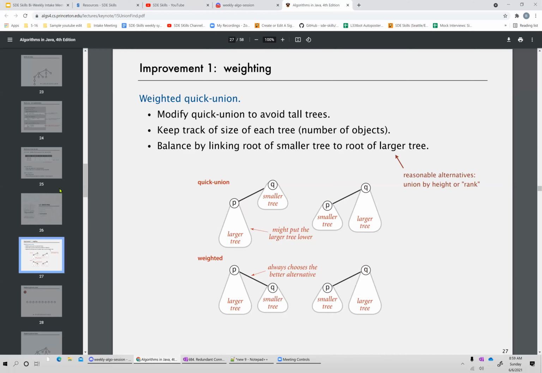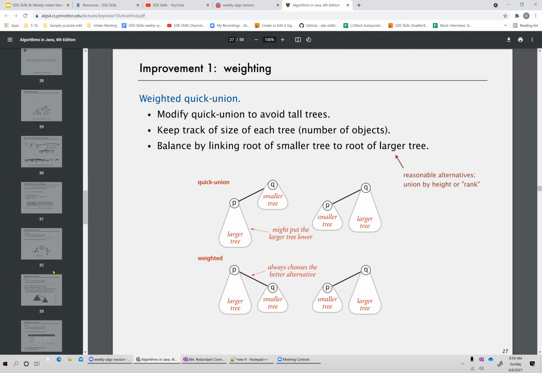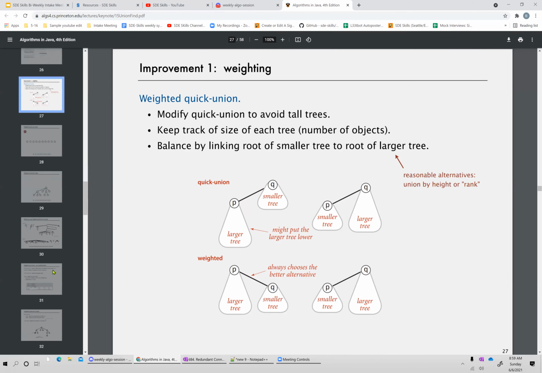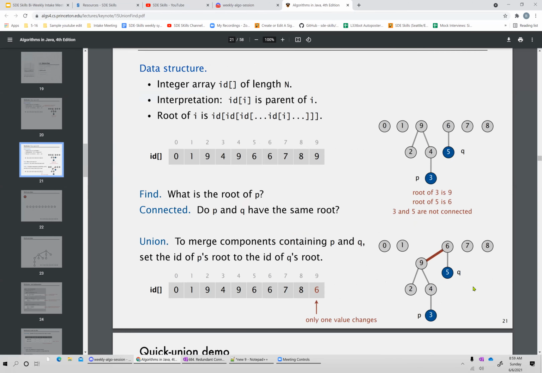Let me take this example. I think because of path compression, it will not make a difference here. But otherwise, size could make it a linear tree as well. Both will make a linear tree. If we do path compression, size can be the number of elements, or size can be depth, the depth of this tree. Both result in the same thing.